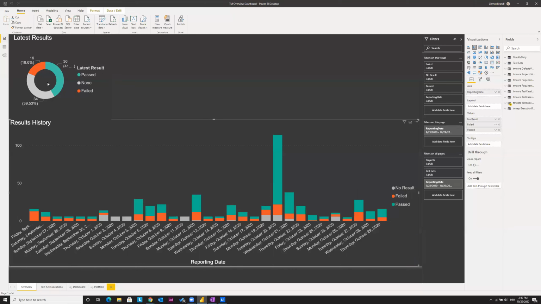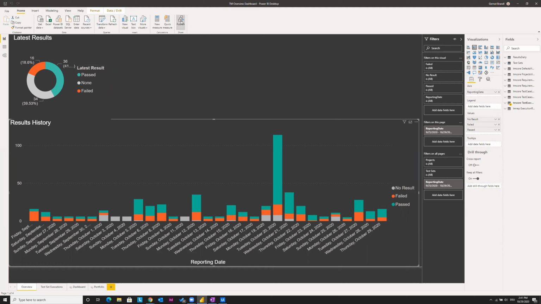The latest results is very simplistic. It just tells you about all the test cases I have, what was the latest result from the latest execution, and that's it. So how can I use that? Basically, I can upload this report to a Power BI server, which I might have running so it can be used as an online report real-time solution which updates itself,